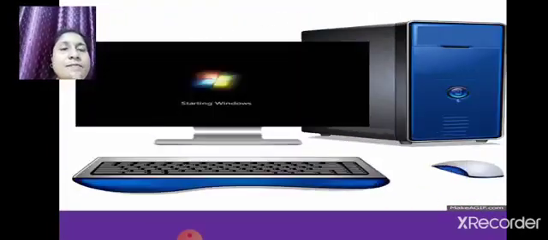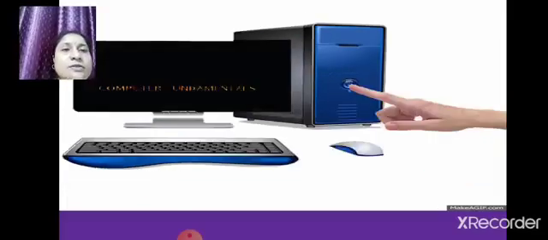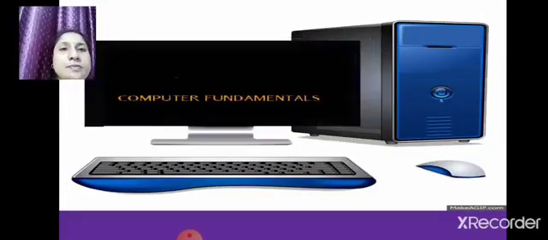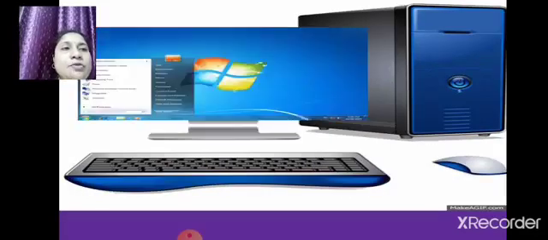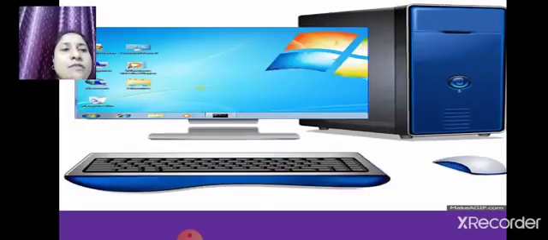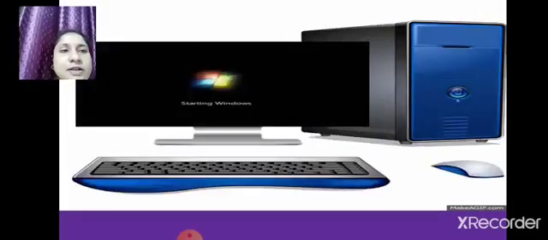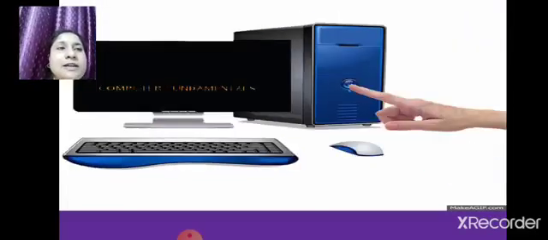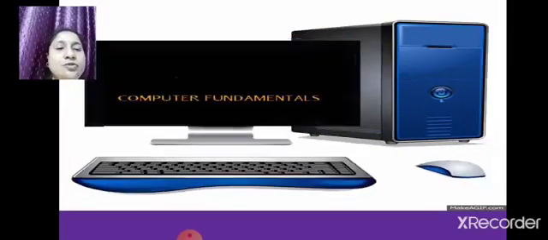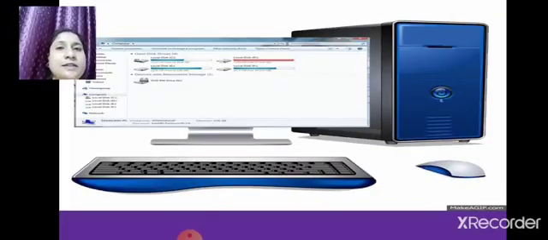You can see here there is a monitor, on which we can see the picture. Down below you can see buttons, that is nothing but the keyboard. In this system there is a small white one, that is the mouse. And the blue and black box you can see there is the CPU. So like this you can see the computer system.